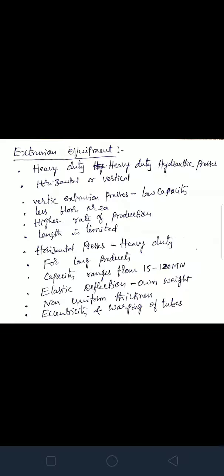Unlike in vertical presses, the alignment of horizontal presses is a problem due to elastic deflection of the ram due to its own weight. This may lead to defects like non-uniform wall thickness, eccentricity, and warping of tubes, nothing but bending of tubes. To obtain uniform forces, pneumatic and hydraulic accumulators are used. Higher ram speeds, up to 0.5 meter per second, are used for hot extrusion process. For metals susceptible to hot shortness like copper, magnesium, and aluminum, lower ram speeds are to be used, and accumulators